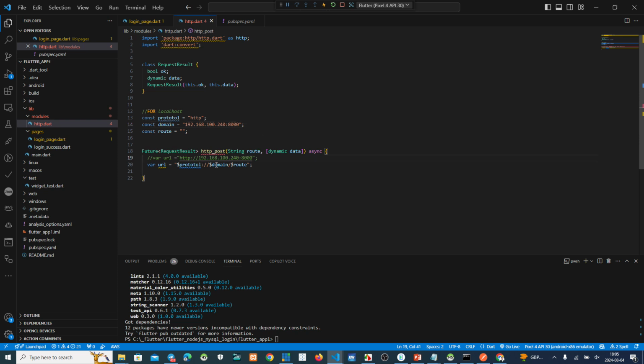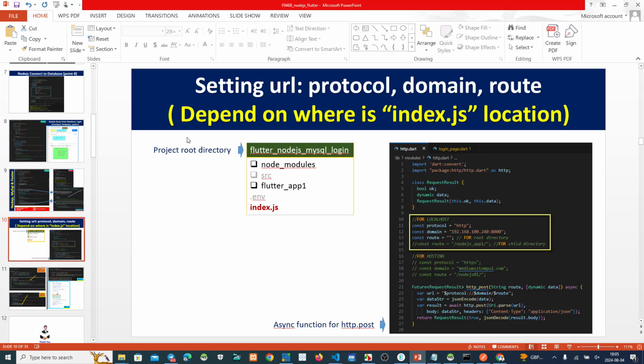The last one is root, because if we use my script, we put it in the project root directory, for example directly in the project root directory, we use this index.js. So we set root equals blank.